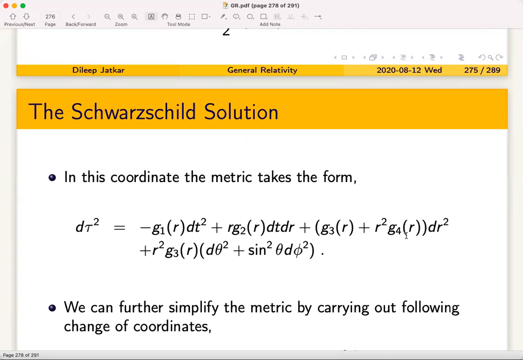Dr squared has two contributions coming from